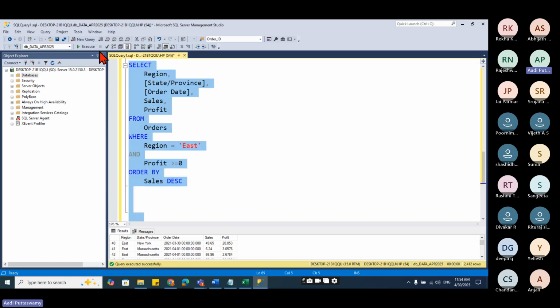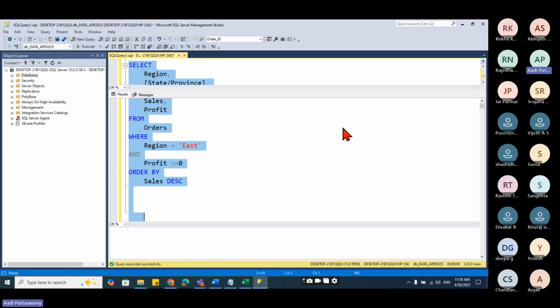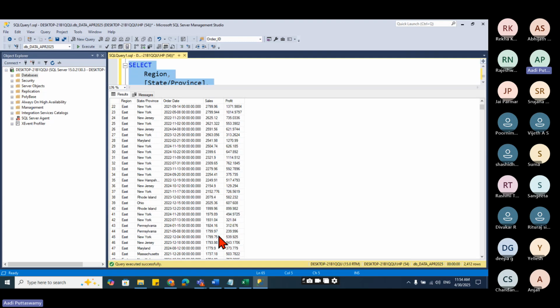Let me select this and say execute. See, the highest sales is coming on top. It goes on like this, the small values. Understood? Right? Okay. Next, suppose